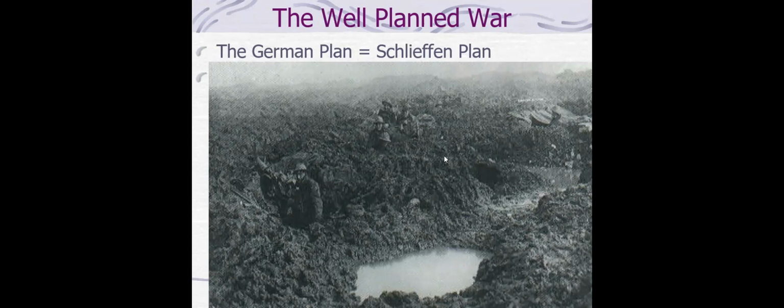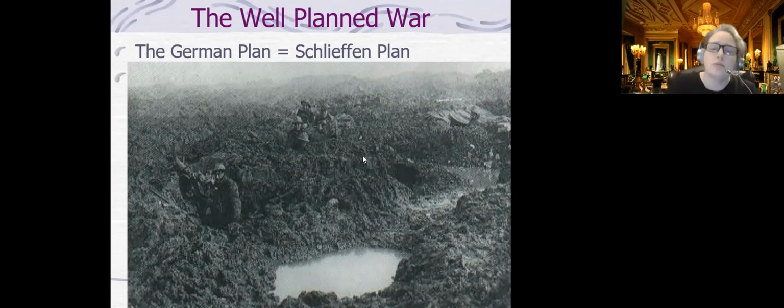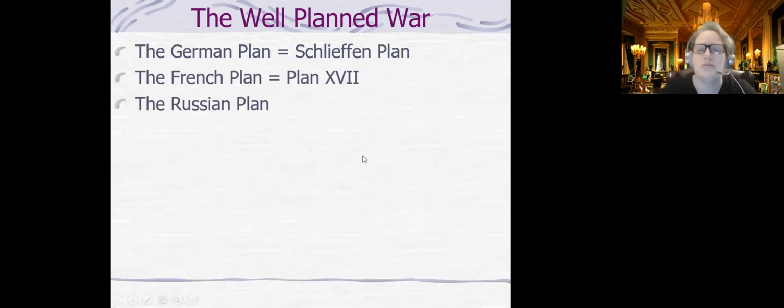Well, what about the Russians? Well, the Russians are also going to have a plan. The Russian plan is also rather sad. The Russian plan was not really much of a plan in some ways. The major problem is that Russia was not as industrialized as many of the other countries of the West, and that's part of her issue. She does not have the war materiel that smaller countries do. Russia's still huge, it just doesn't mean she has all the war material that everybody else in the West does.